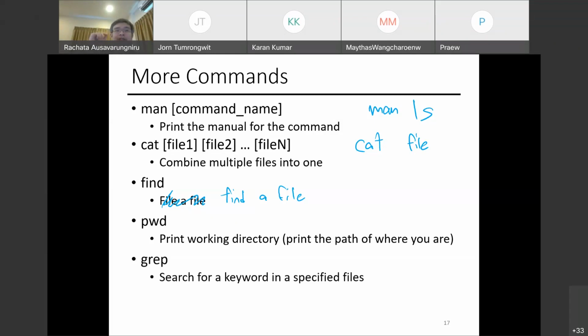Let's say you want to find what file contains this function call. I can do grep followed by the function call and the name of the directory, and search every single file in the directory for the line that contains the function name that I searched. So I use this a lot when I develop my own code, when I program.